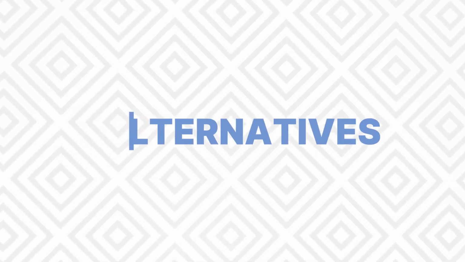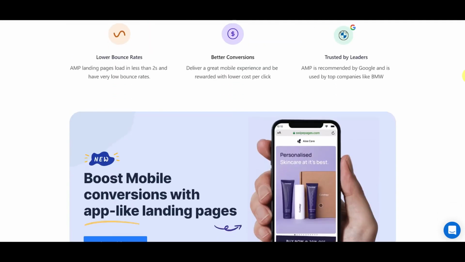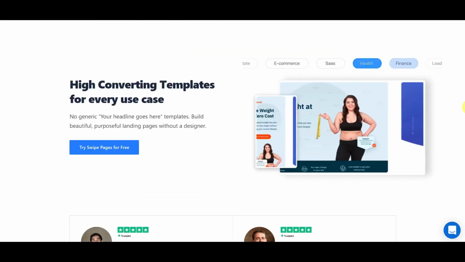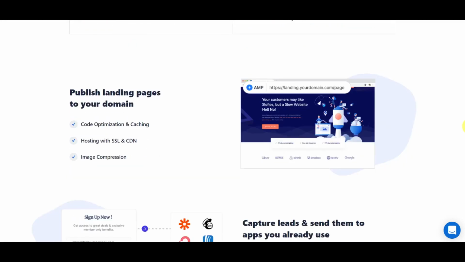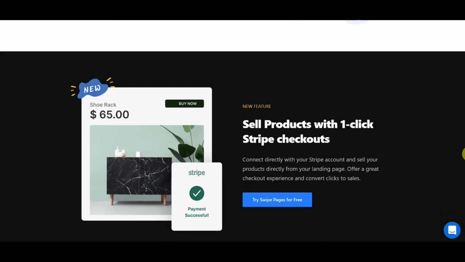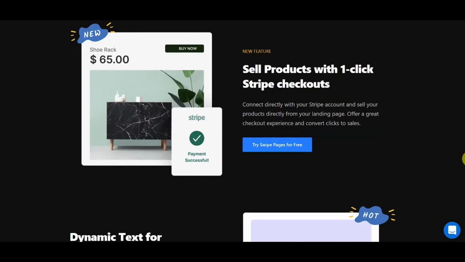Swipe Pages is probably the closest alternative to Way. I moved over from PageMaker to Way. I think it's a lot more similar to Swipe Pages though, because of its customizability and its ease of use. Now, Swipe Pages is a lot more mature, and it has payment features with better speed. It is a superior product. However, I got a really good deal with Way, so it's worth it for me.